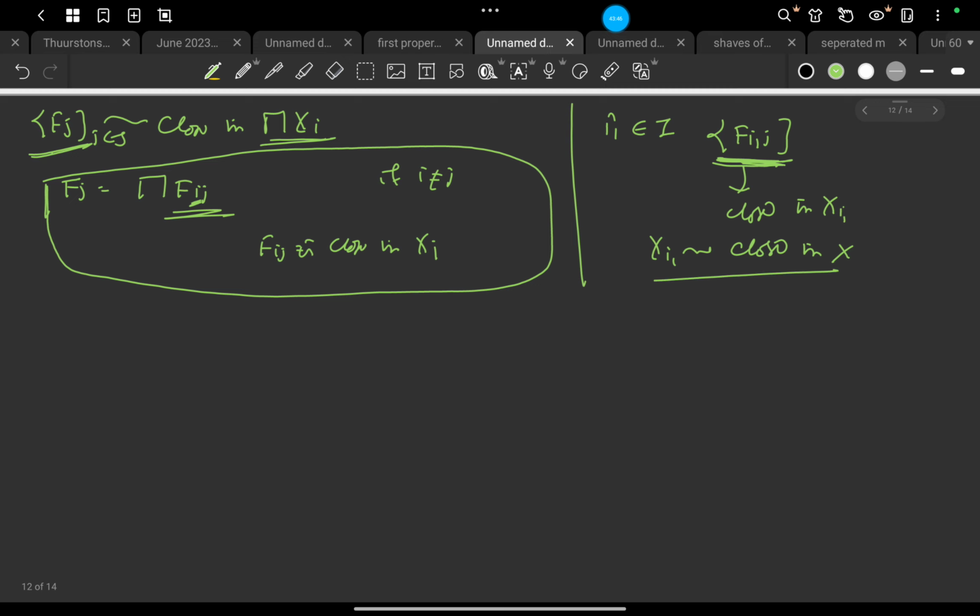So X_i1 is compact, and F_i1j has the finite intersection property.